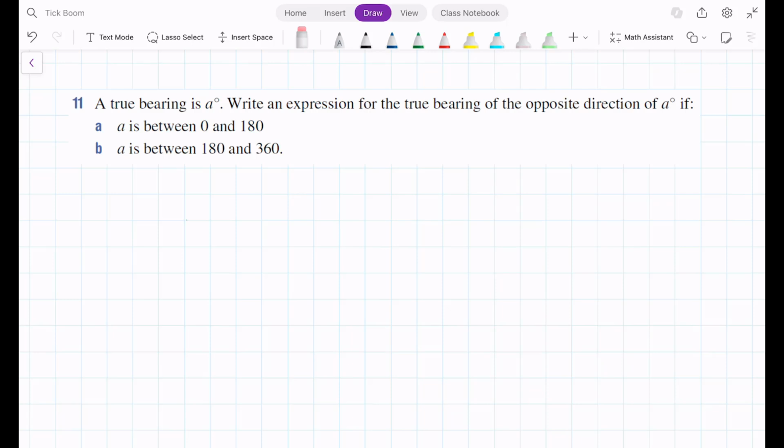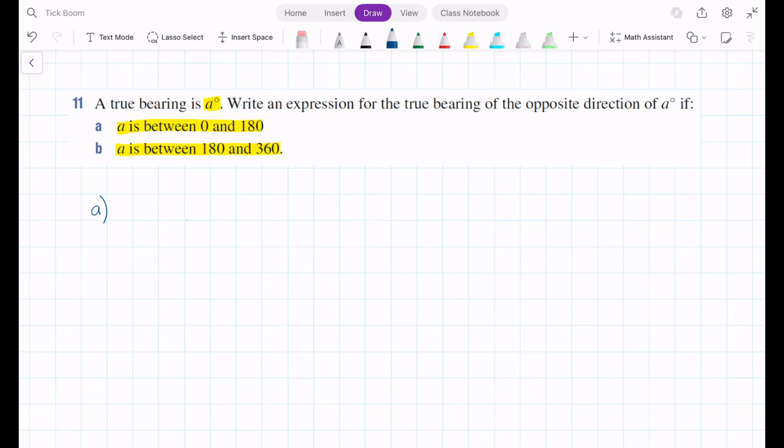So this is quite a difficult question because we're not given the value of A. We're simply given two possible options: either A is between 0 and 180, or A is between 180 and 360. And so we have to think in generic terms, and if you're quite new to bearings, that can be a difficult thing to do. So what I'll do to start is we'll begin with part A and we'll draw 2